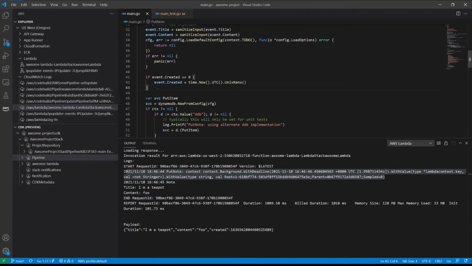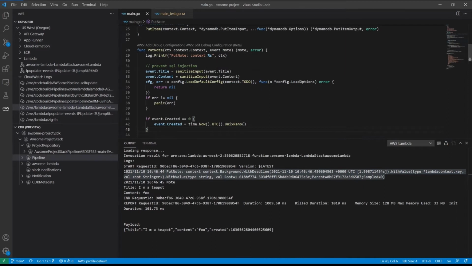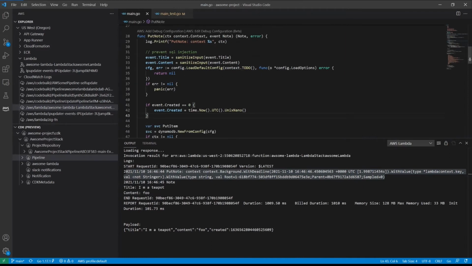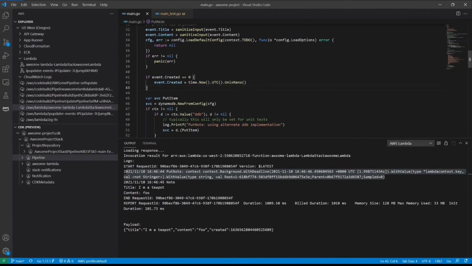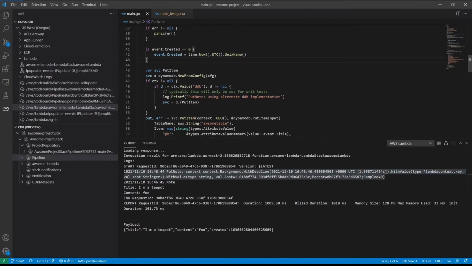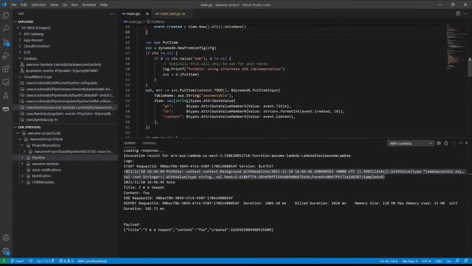So there are three pieces of data in our note: a title, the content, and the created time. If the created time was not passed in, we want to set it, and we'll just set it to the current UTC time. And then we want to actually put the item into DynamoDB. So first we need a DynamoDB service, which we will accomplish by using this new from config call.